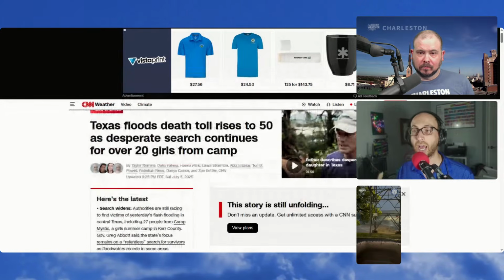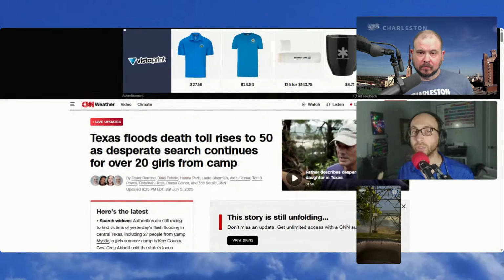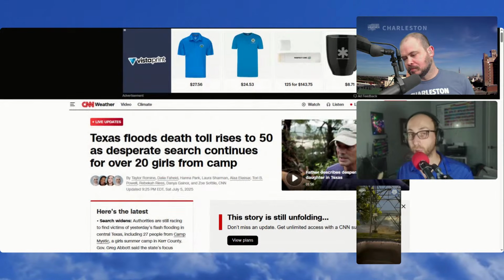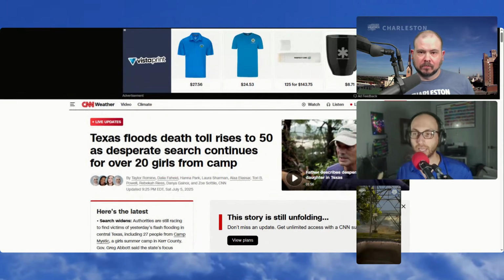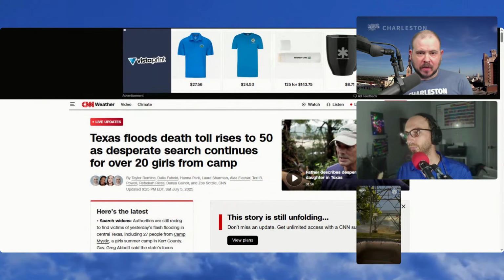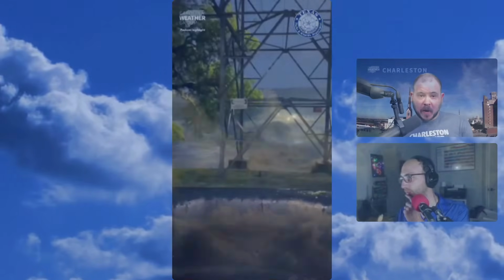And I can only hope for the best for those families who are continuing to search for their loved ones at this hour, and am fearful for the progression that these headlines have been making over the last day or two, Jared. Yeah, absolutely. And again, this is one of those situations where